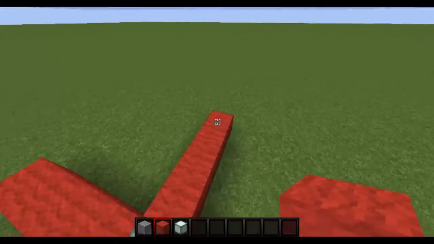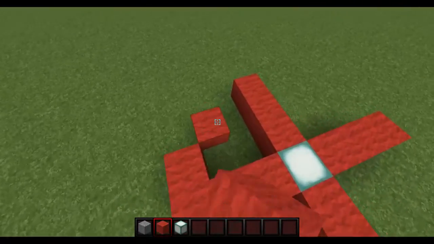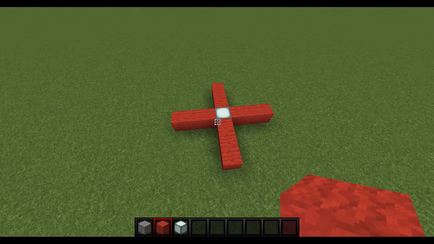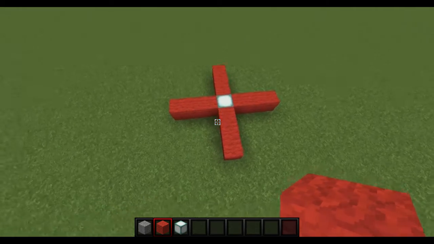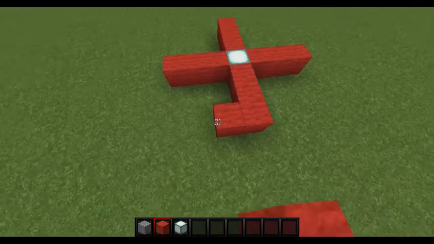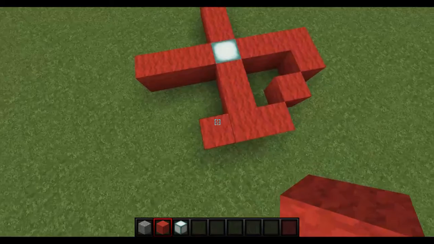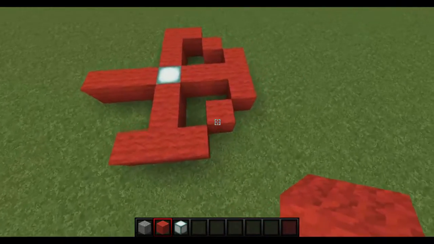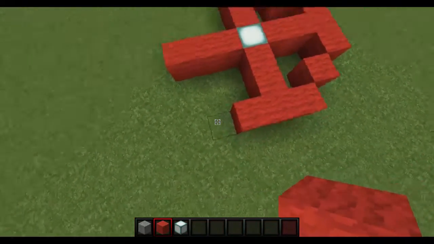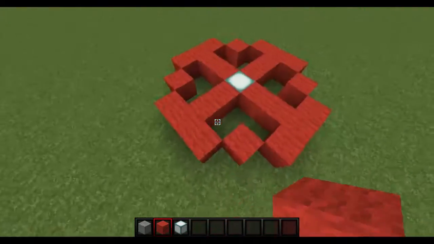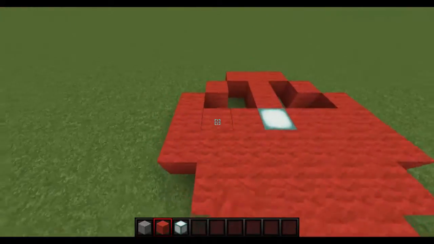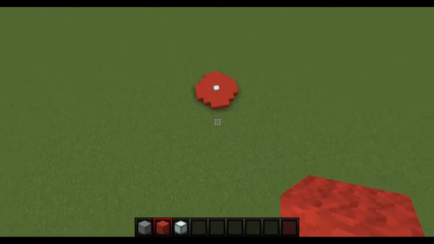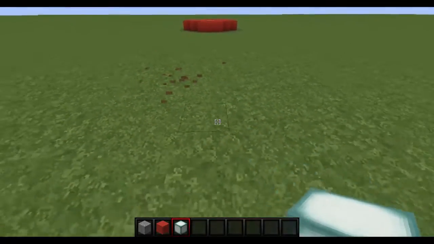But I'm going to actually make this a 3-block radius because it's just easier that way. And then this next part will be slightly different depending on how big your circle is going to be. So I'll do a few examples first. So the first one, for a 3-block radius, is really simple. You just want to build 1 block out on both sides of the pillars, put a block diagonally, and then just do the same thing. So then it will look like this, and you can fill it in. And then you've got a very small looking circle. But now I'm going to show you how to do this with a bigger